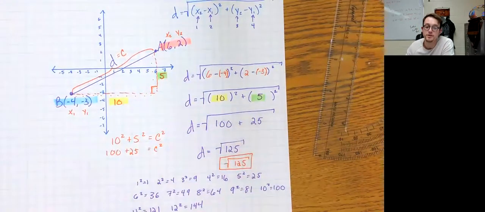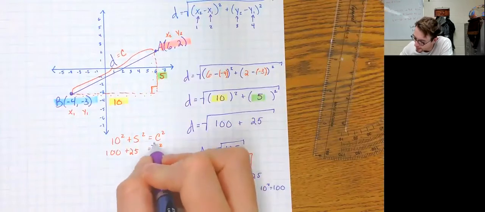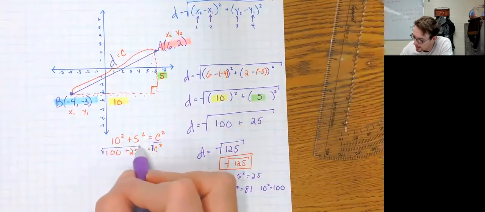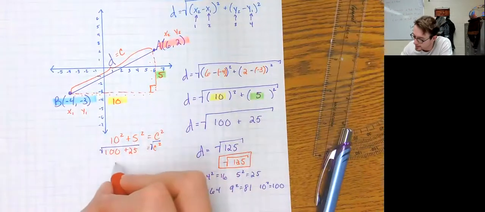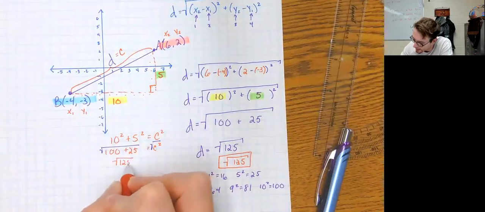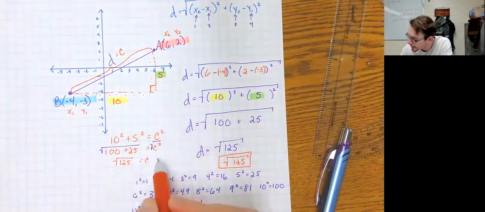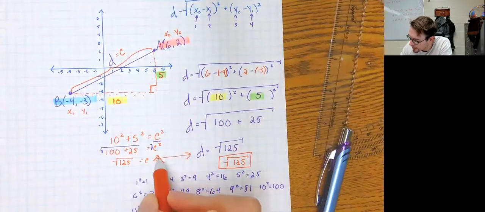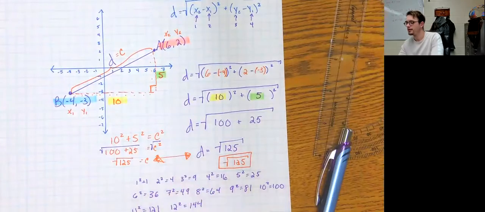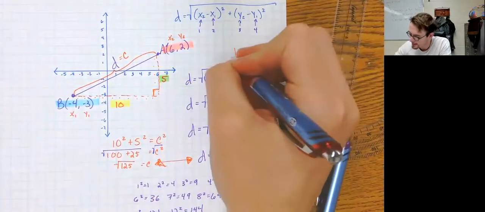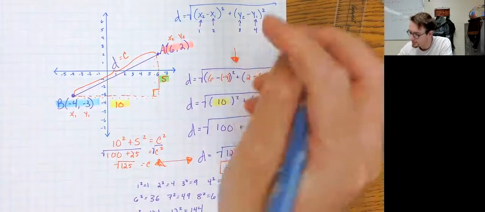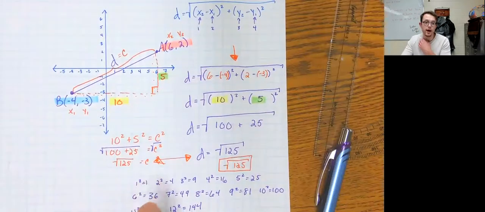And then, like in the other example, how do you cancel out a square? The inverse operation of squaring is to take the square root. I skipped a step. 100 plus 25 is 125. So I get the square root of 125 equals C. What do you know? Same thing. Now, really important, to my students that are watching this, this is the way that I'm going to want you to do this, but it's important that you recognize that the Pythagorean theorem